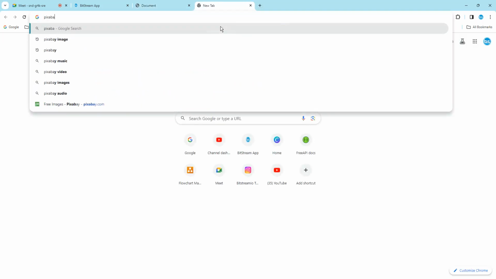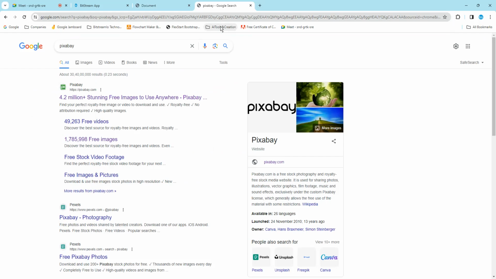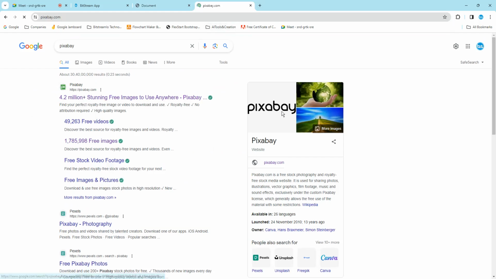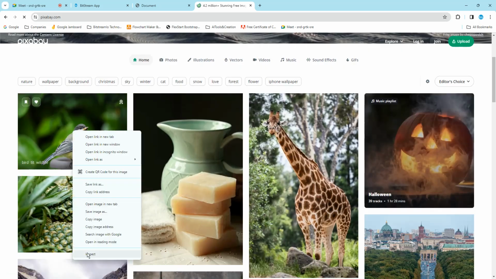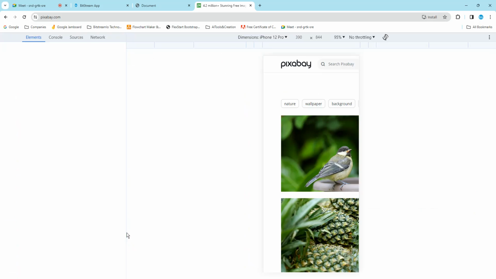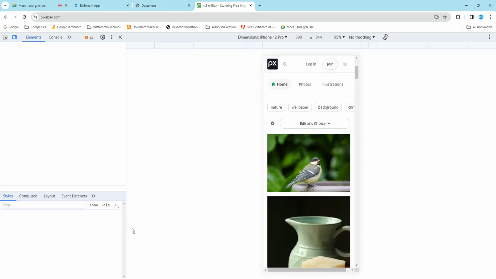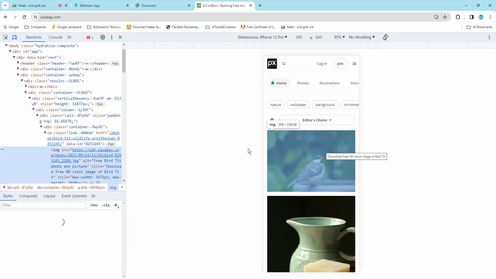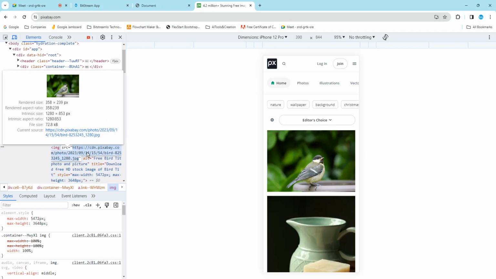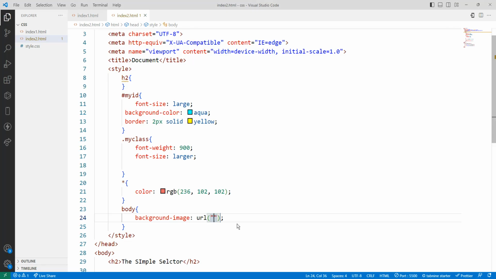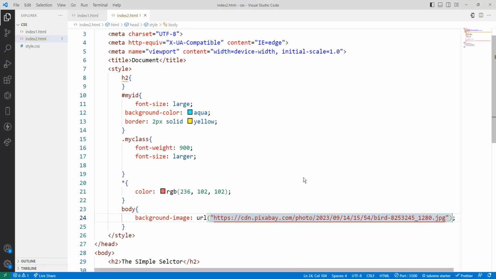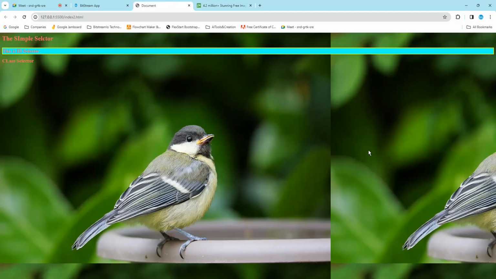Then you go to Pixabay. Pixabay is where you will get open source images. So I will take this pic. Control X. I have selected this URL and I want to use it in my website. We'll go to the index2.html. See,